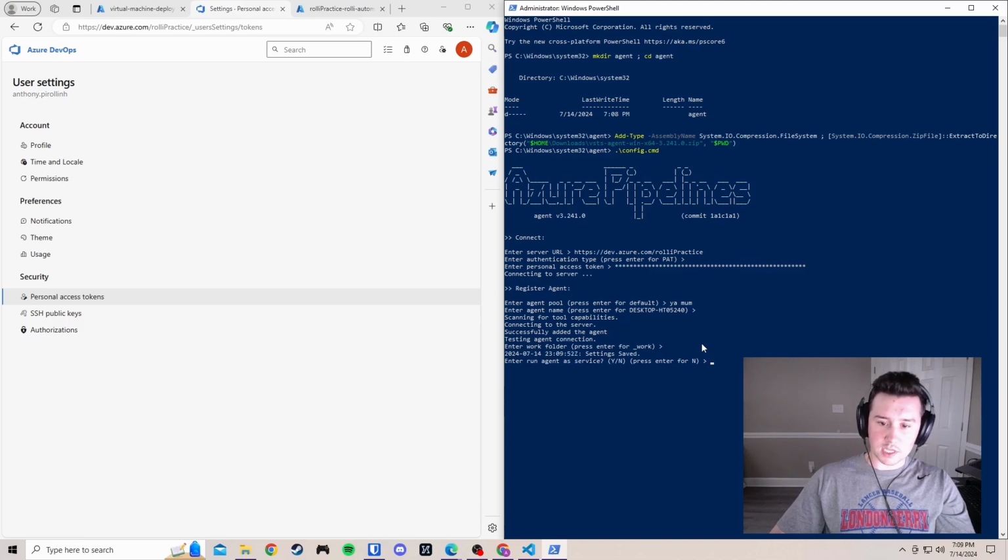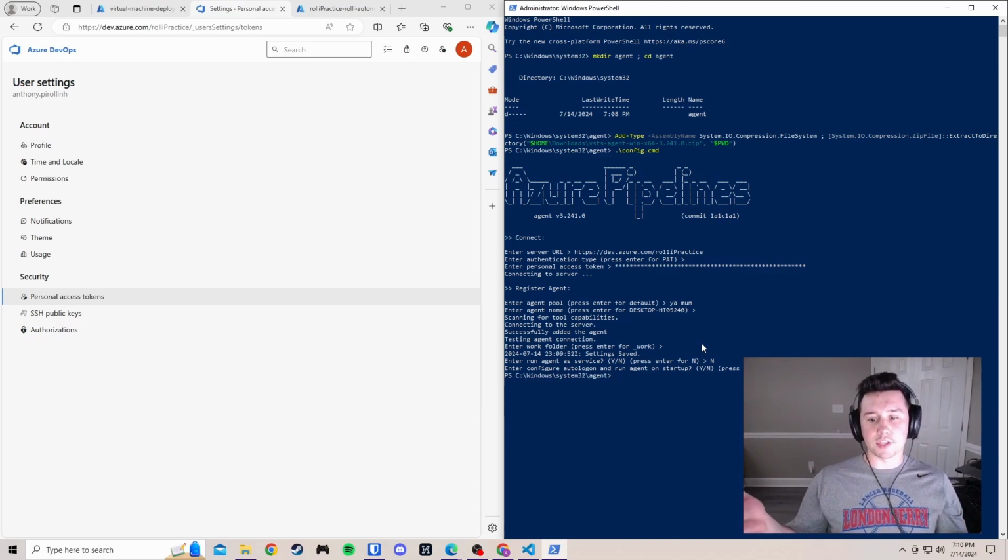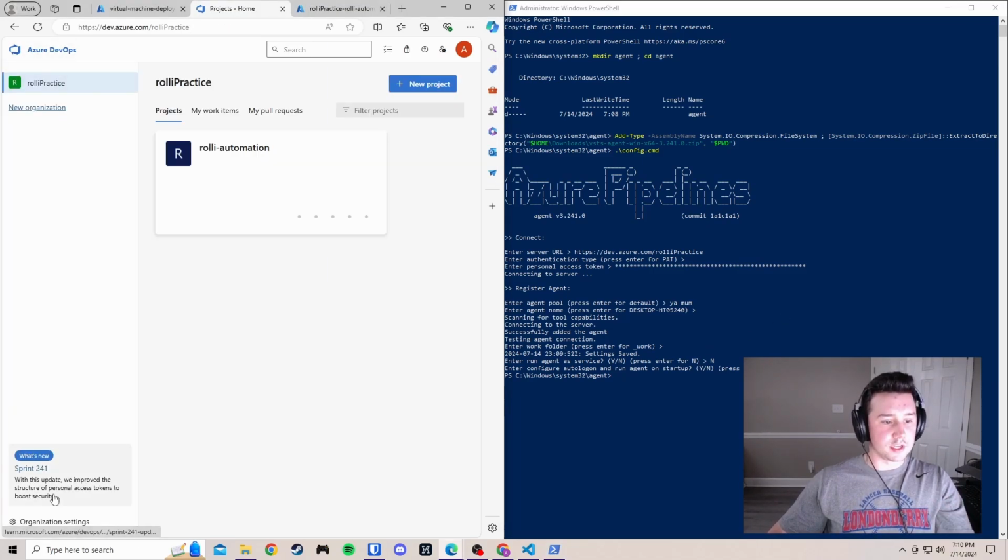We're going to keep the same work folder. And I'm going to select no to run an agent as a service. And I'm going to click no to run an agent on startup. We don't need this running all the time. We just need it running for when we need to deploy stuff for the pipeline. And for this lab, we don't need that. So perfect. So now we install our agent,